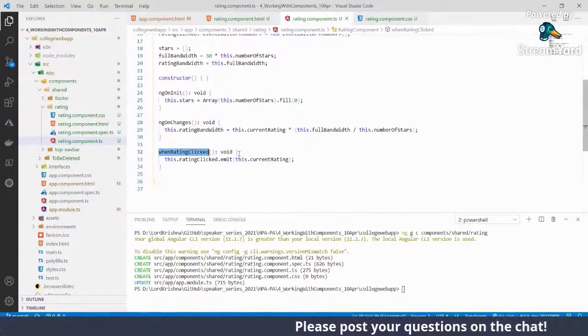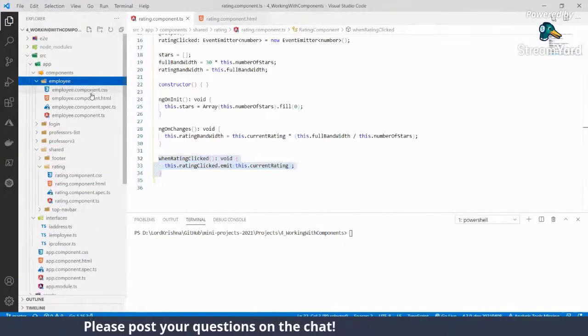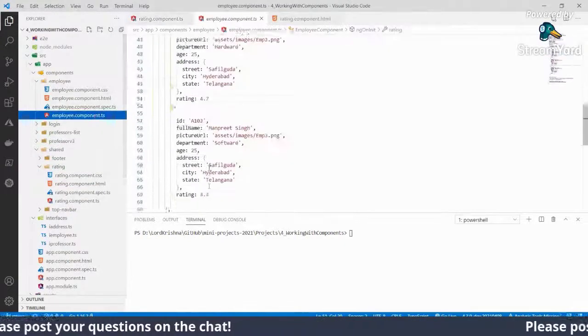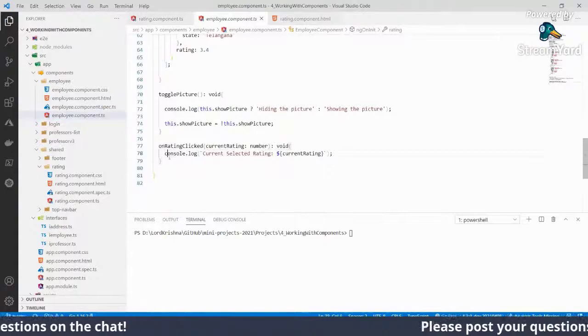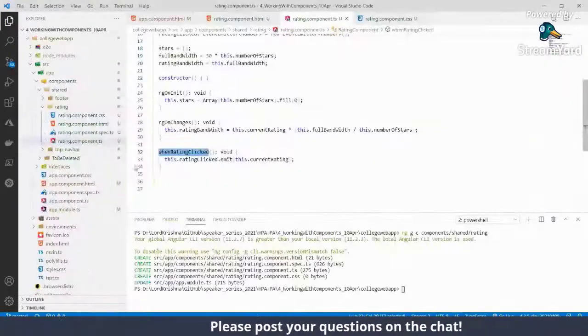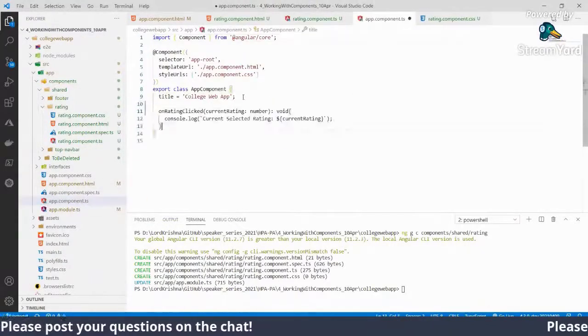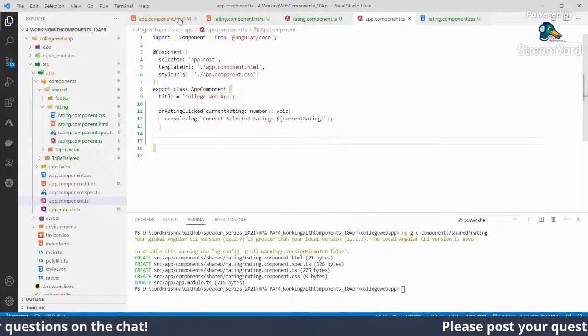Whatever the current rating is, it will emit. Wherever you are using it, let's assume at this point we are using it in employees, that means we need to have a handler for that. So we have to write a handler in the parent component. At this point our parent component is the app component.